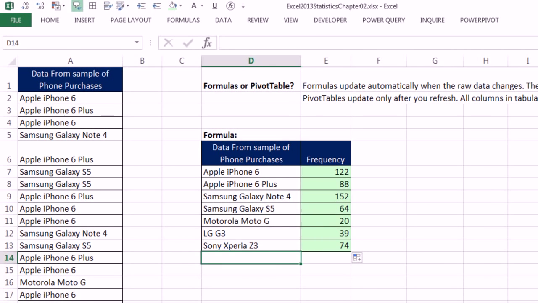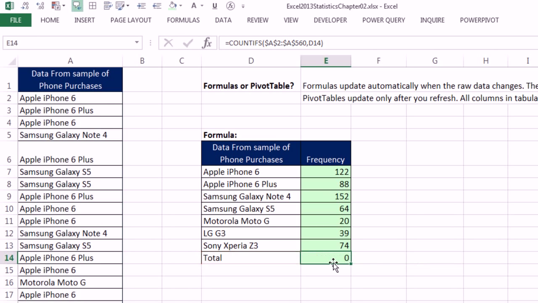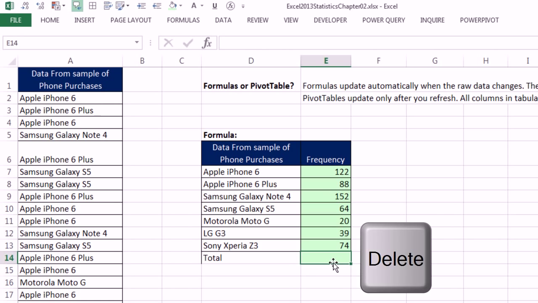So let's come down here. And what's the whole? I'm going to type total, tab. And whoa. Now that's something new in 2013. It automatically copied the formula down. That's terrible. It did bring some formatting down. But if I hit F2, that is not what I want. That's new in 2013. I have never seen that before. I'm going to delete that.